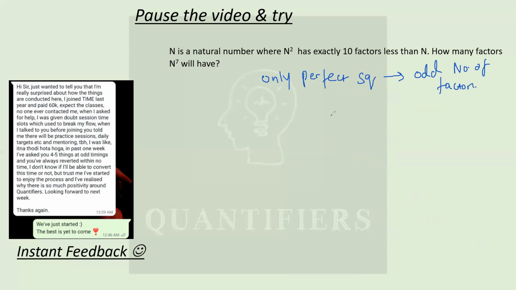Let's take some examples to understand this. Let me take the perfect square 36. So how do we calculate the number of factors? That I have already told you. First we will prime factorize. So we'll get 2 square into 3 square. Now how many factors will it have? Powers will be increased by 1. So this 2 will become 3. This 2 will become 3. If we multiply them, we'll get 9 factors. So I hope you can see that 36 is a perfect square and it has 9 factors. It is having an odd number of factors.